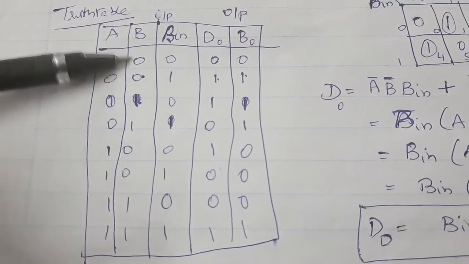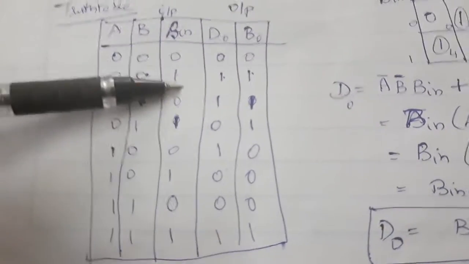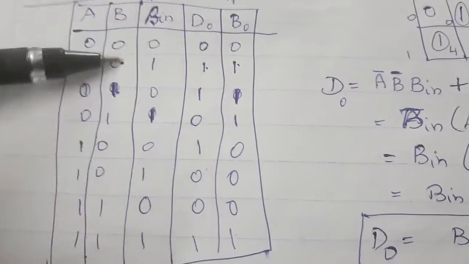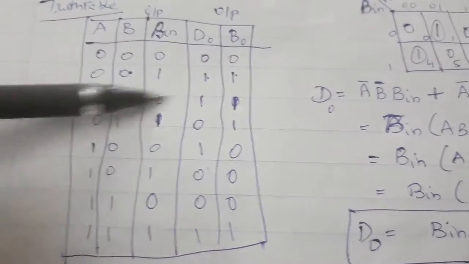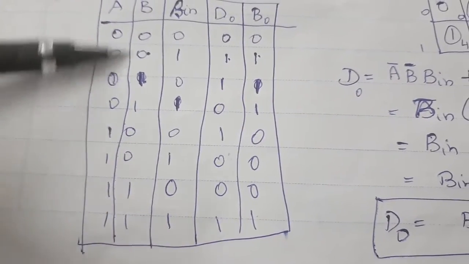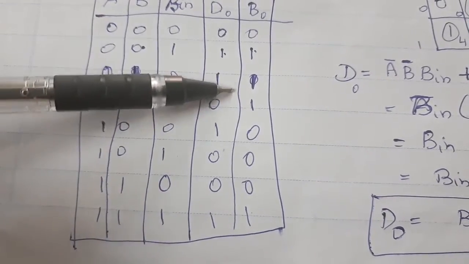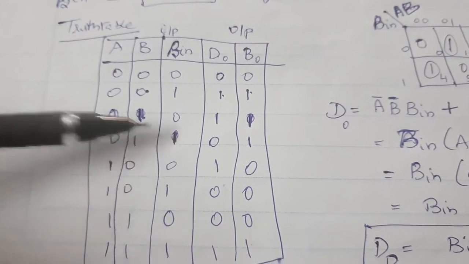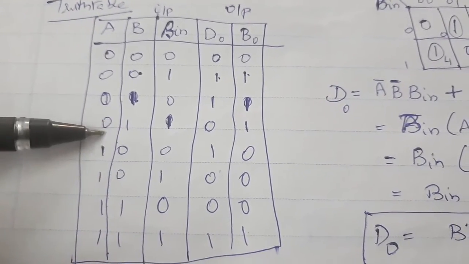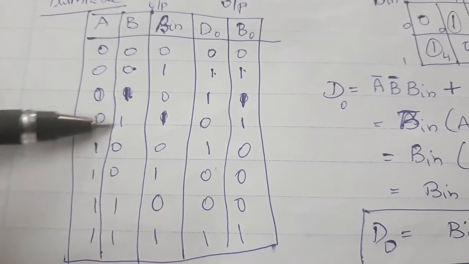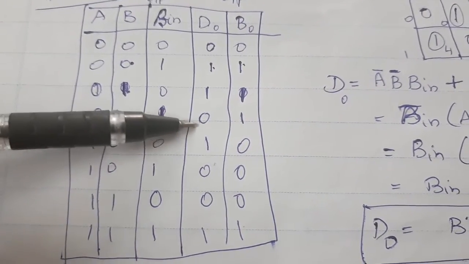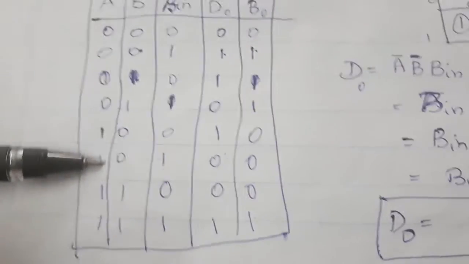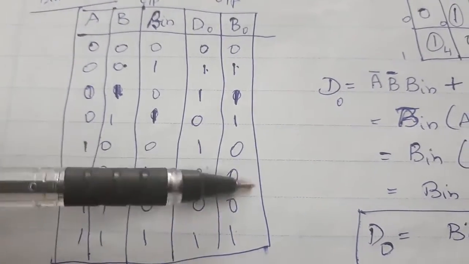Again work out the same thing: 0 0 0 gives difference 0. For 0 0 minus 1, what will happen? I have to borrow one time, then I have the difference, 10 minus 1, which is 1. So do the subtraction, it's a generalized subtraction. 0 minus 1, I have to borrow first, then 10 minus 1 is 1. If I do it over here, 1 minus 1, 0 minus 1, I'll borrow, then I will have 10 minus 1, 1. Then 1 minus 1, 0 difference. Similarly here, 1 minus 1, 1 minus 0, 1. Then 1 minus 1, 0 0.